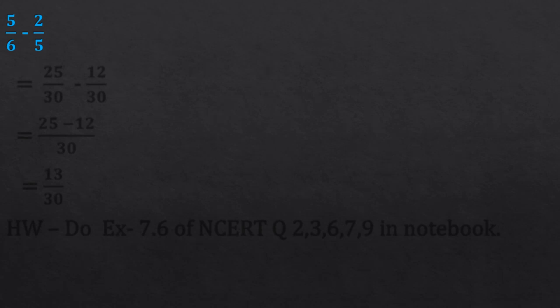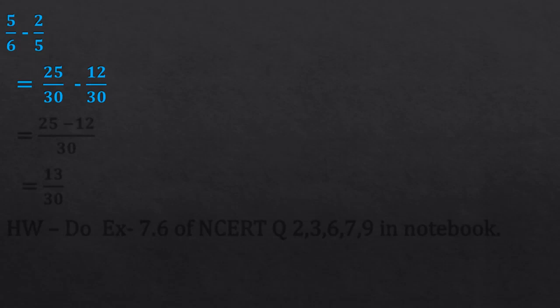From the bigger fraction, now we will subtract the smaller one. That is 5 by 6 minus 2 by 5. Okay, take the LCM. No need to take LCM, we know they are equivalent like fractions. Now, 5 upon 6 will become equivalent like fraction 25 upon 30 and 2 upon 5 will become 12 upon 30. That we have done earlier.